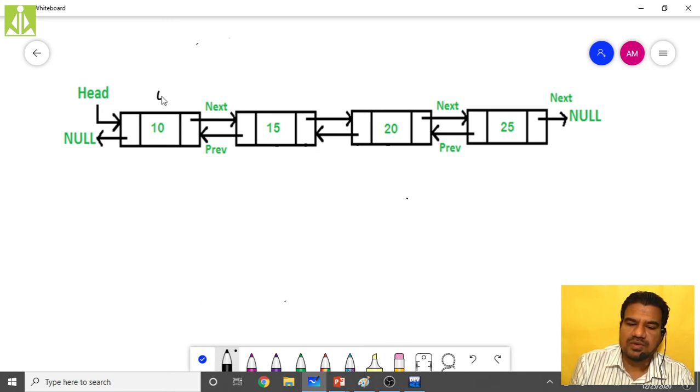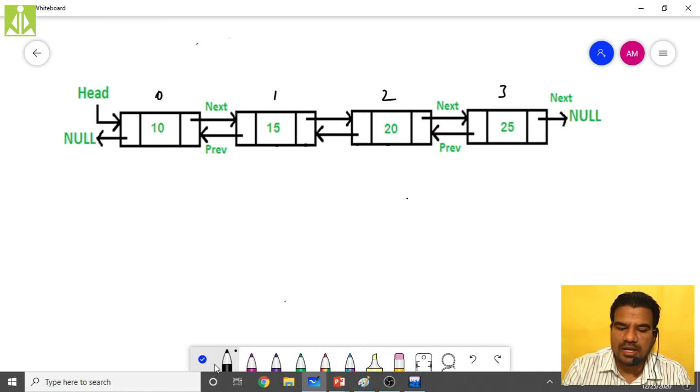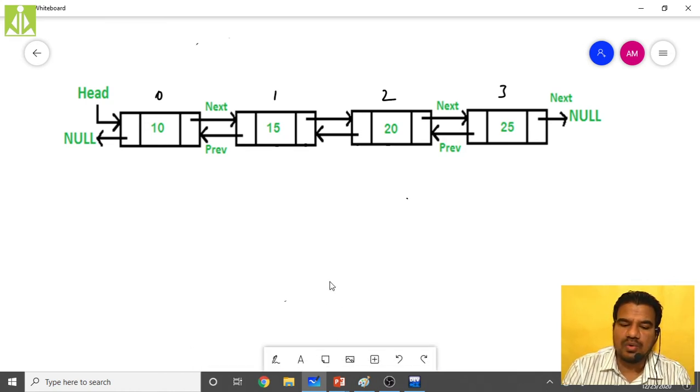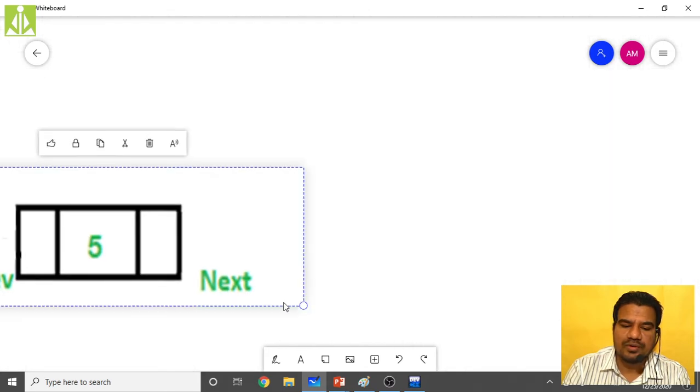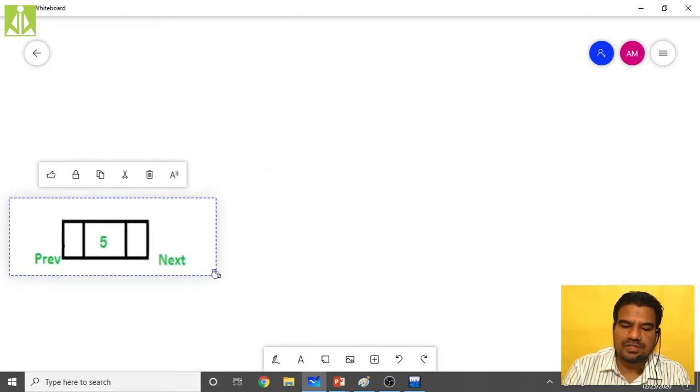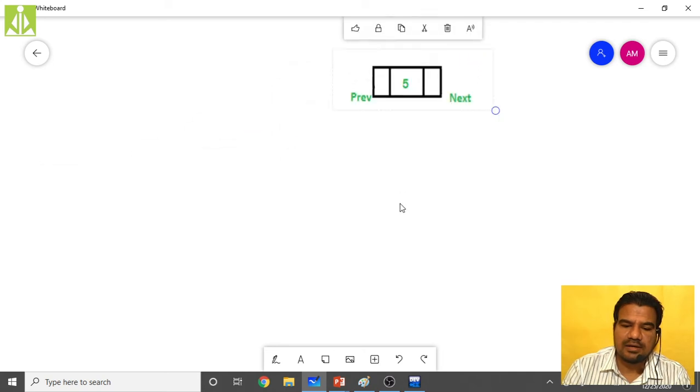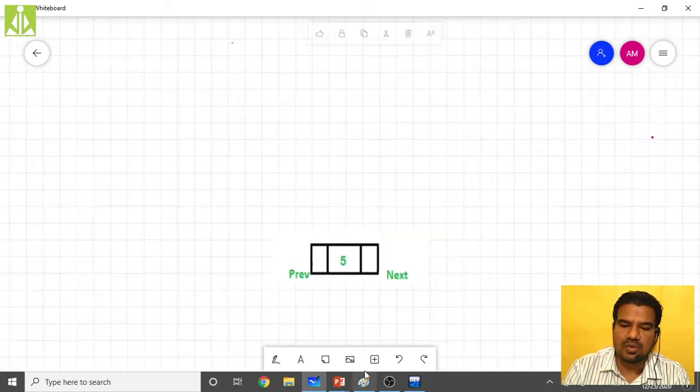So this is your 0th node, this is your first node, this is your second, this is your third, likewise. Let us understand quickly. I have a node over here. Somewhere here I have a node, so I have to reduce the size to get that into our scope.